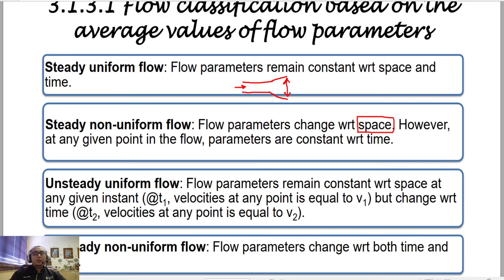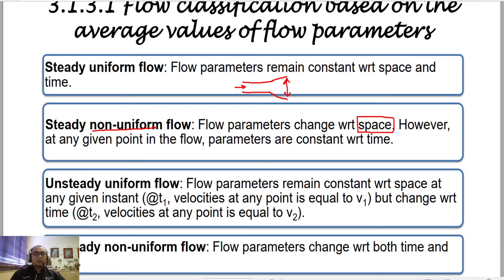Jadi kita punya flow parameter, for example kita punya velocity, kita punya flow rate akan berubah ataupun dipengaruhi oleh space. Alright. Tapi dia tidak dipengaruhi oleh masa. Dia hanya dipengaruhi oleh space. Itu kita kelaskan dia sebagai steady non-uniform flow. Sebab kita punya space tak uniform lagi. Dia dah jadi non-uniform. Kemudian kita ada flow parameter remain constant with respect to space at a given instant t